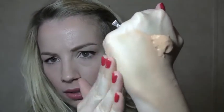Then you squirt it out on your hand, and it comes out crazy like that. This is it spread out some right here. And I'm honestly just not crazy about the texture and the blendability of this foundation. I feel like it